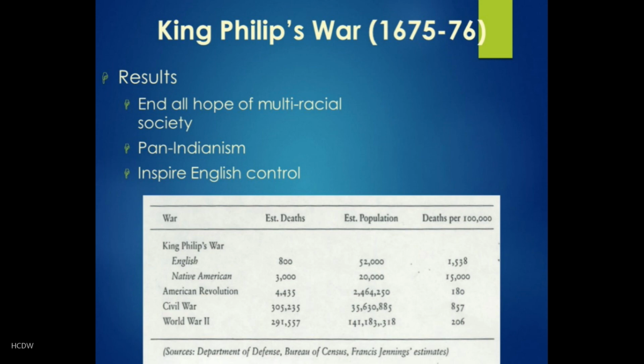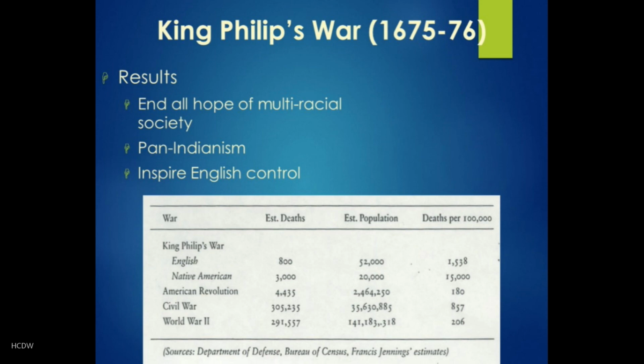While the Indians fought bravely and did well early on in the war, eventually the English were too well supplied, and the Indians ran out of supplies and ammunition. In a final blow to the Indians, the English captured and killed Metacom, chopped him into pieces, and sent the pieces to various Indian villages. The English won the war, and the Indians in the New England area were essentially eliminated.